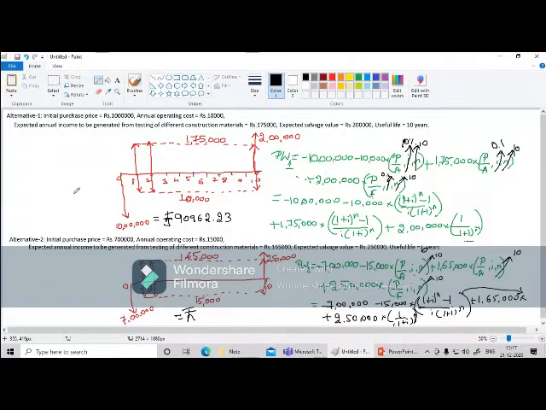318070. 318070.88. So it is 3 lakhs, 3 lakhs 18,000. Okay, so now for alternative 1 it is 90,000, but similarly for alternative 2 it is 3 lakh